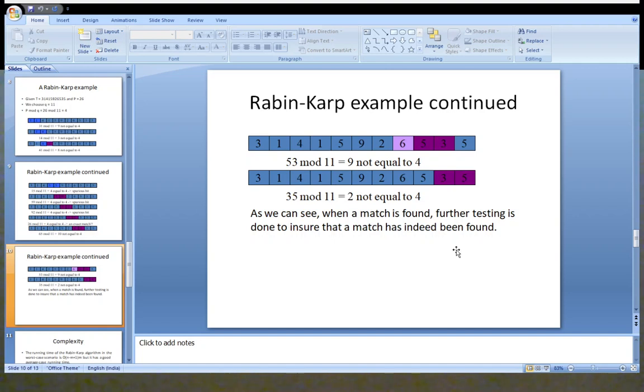So we move forward, and 35 mod 11 is equal to 2, not equal to 4. Here we process the full length of the text, but we can stop at the second last position, because after that